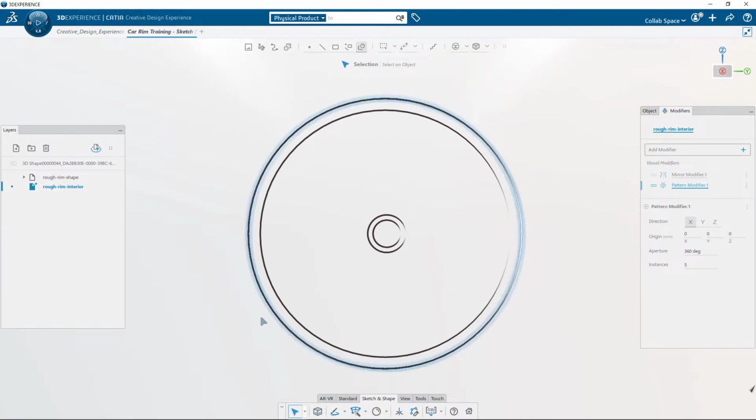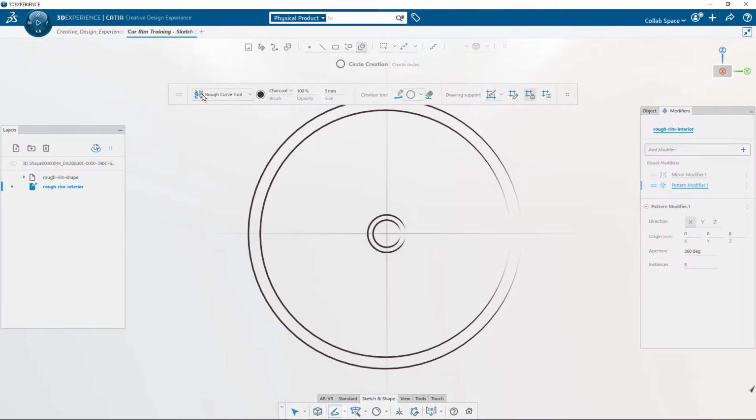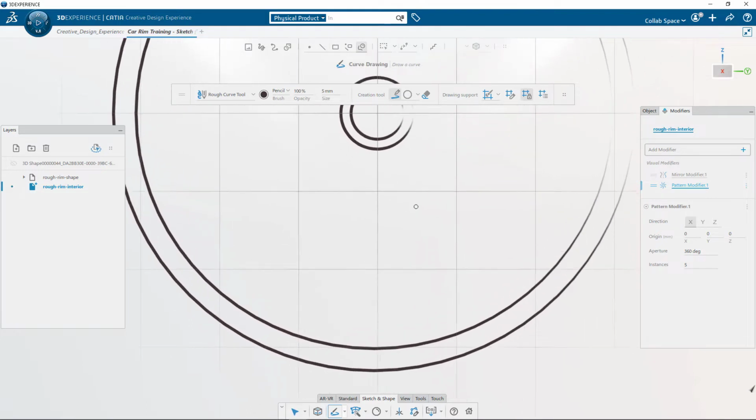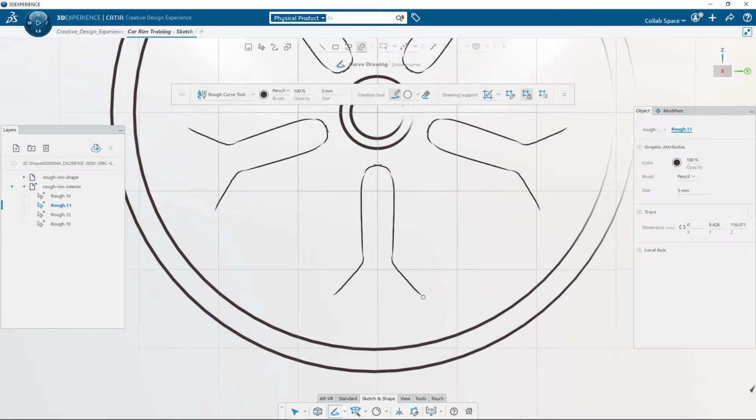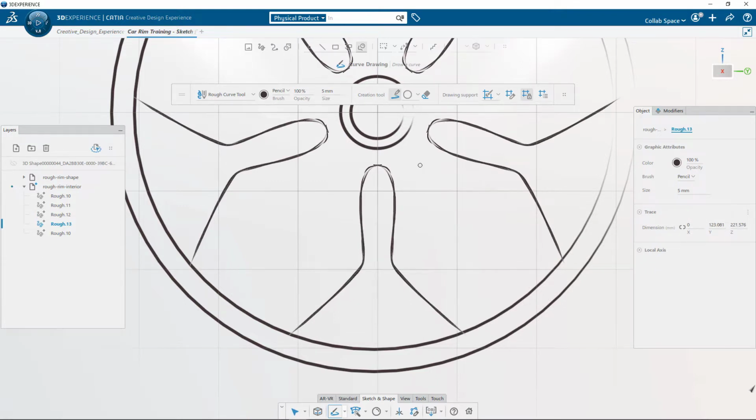Now that both modifiers are applied on top of my layer, I will start sketching, so I launch again the sketch creation command and I set the parameters. I choose a pencil brush appearance and the free drawing creation mode. Now I zoom in and I start to sketch one part of the rim stick to see that it is replicated simultaneously thanks to the visual modifiers. Each rough I created is then stored inside the layer, so it will be possible, if needed, to select, hide, or delete any rough I made.